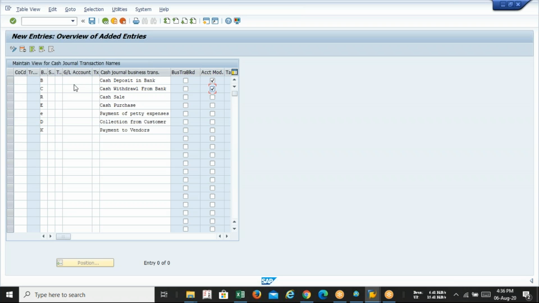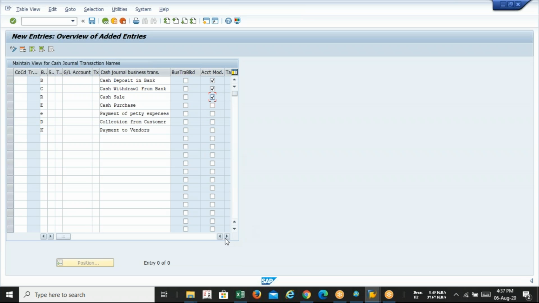Repeating: if I assign any GL to this business transaction, it means this transaction will be frozen against that GL. So if I have 3 different house banks, I need to create at least 6 GLs, one for incoming payment and another for outgoing payment. If any one GL is assigned against this transaction, that GL alone records the cash posting irrespective of the bank. That will be wrong. That's why we are not assigning any GL. We'll simply click on account modification.